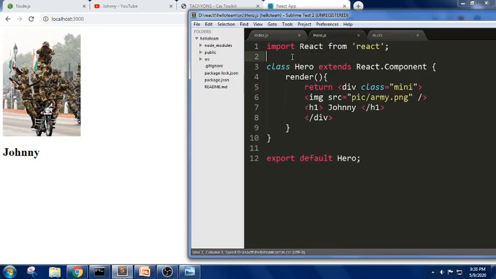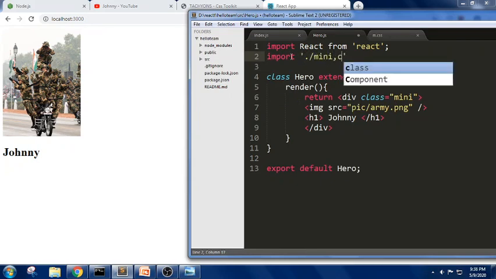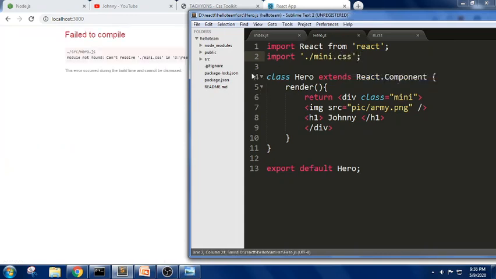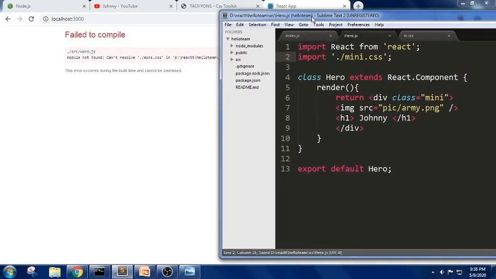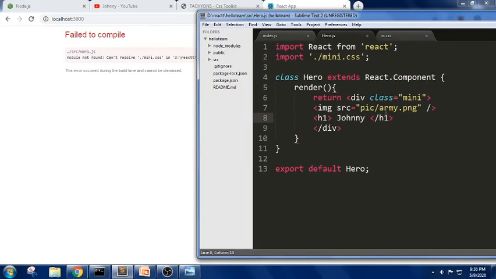but there is no change in the output, because when you are trying to use it, we should always import that CSS. So I'm trying to write mini.css here. Again we have some error, cannot resolve. Let me save all these files. Yes, it is saved.